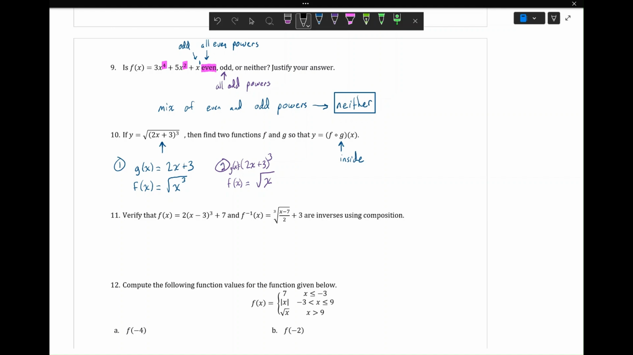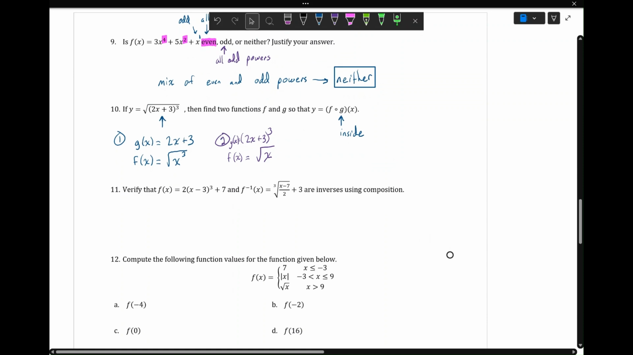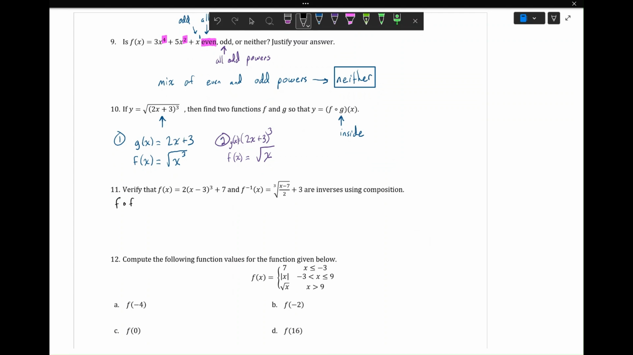Now we're going to use composition to verify an inverse. So how do we do that? Well, we need to show that when I compose the two functions together, I just get x. Now, technically, I need to check both ways. So I'll start with f of f inverse. That's taking the formula for f inverse and putting it in for x over here. So f of f inverse of x,